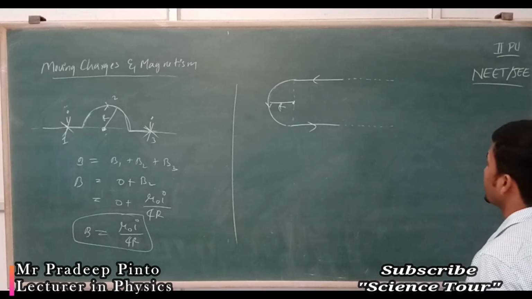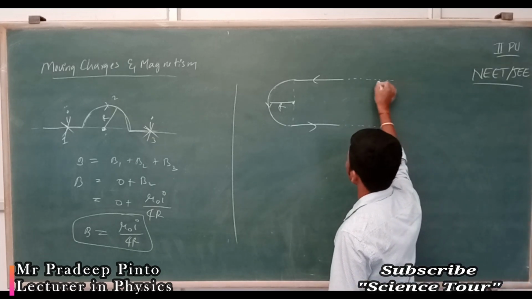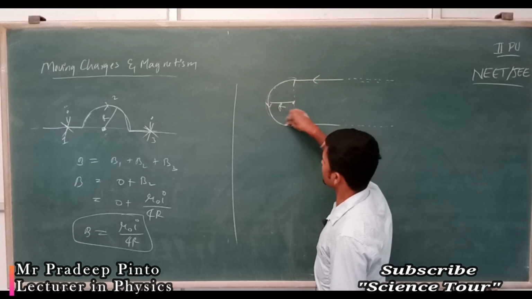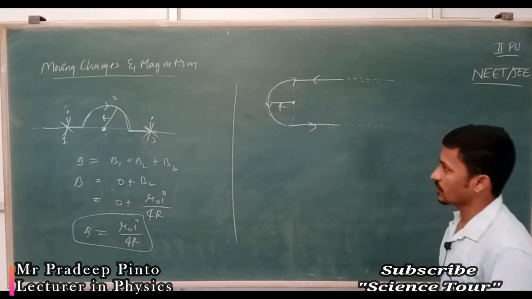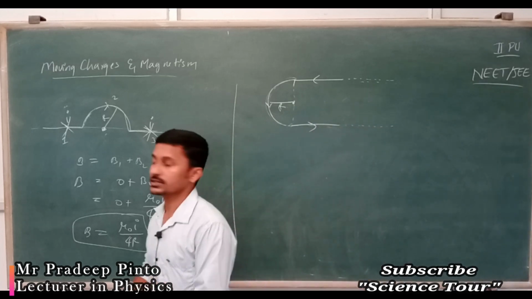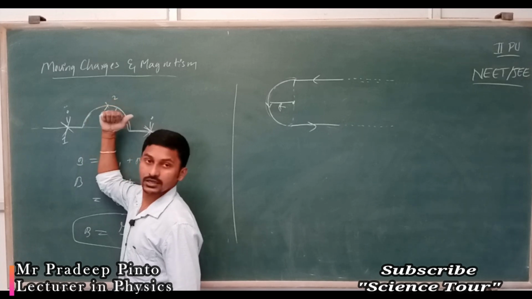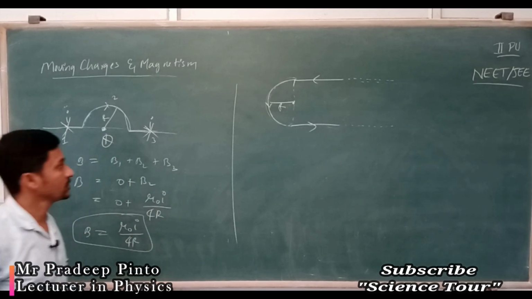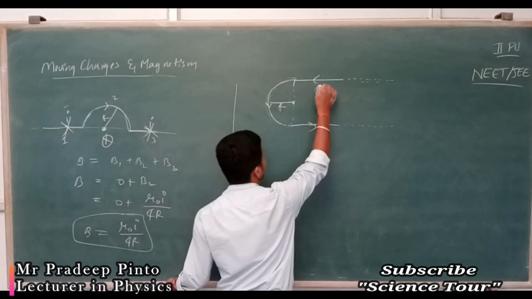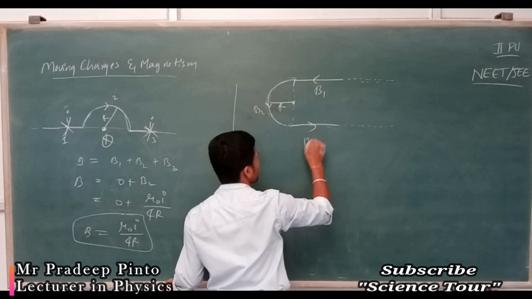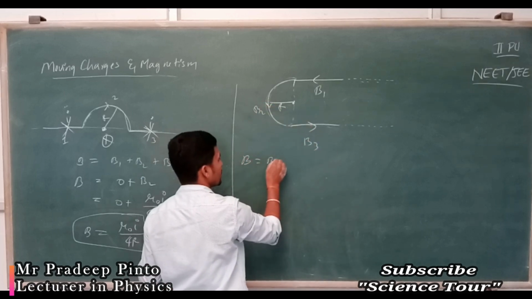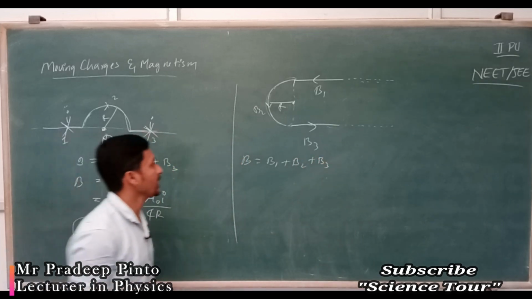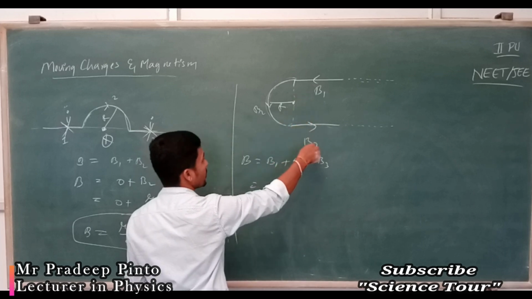And now here again, see, the infinite conductor comes till here and it becomes circular and it will go. Okay, here what is the direction? So it is crossing into the board. Now again, the same way, I am going to divide B1, B2, B3. The total magnetic field is because of B1, B2 and B3. And now what I have to do? Okay, B1 I have to find out, B3 I have to find out.